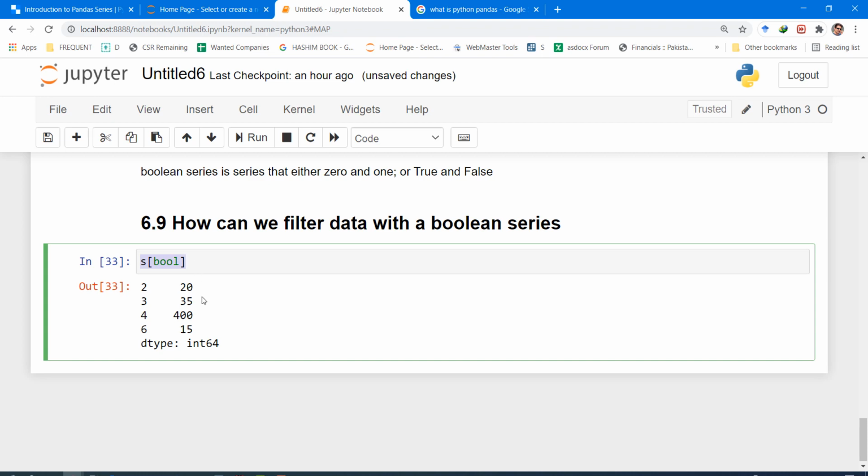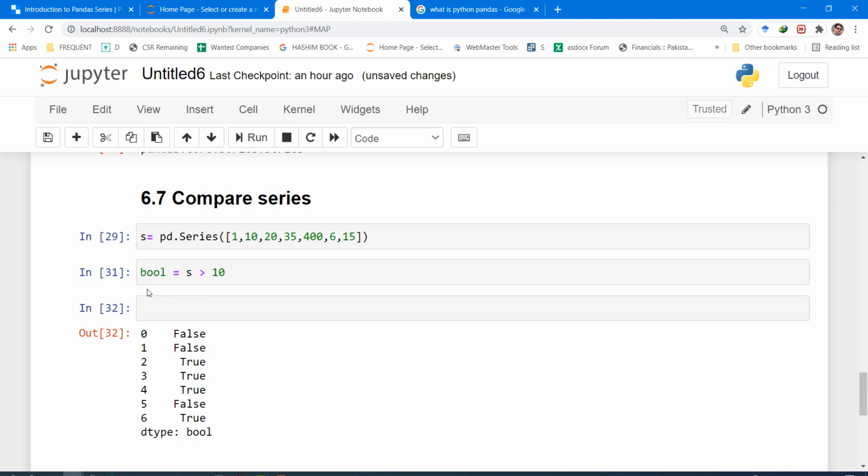In other words, if we go to our first statement, we created a Boolean series that tags all those values where the series values are greater than 10. So we created the condition, and now using this condition we can get data out of the whole series.